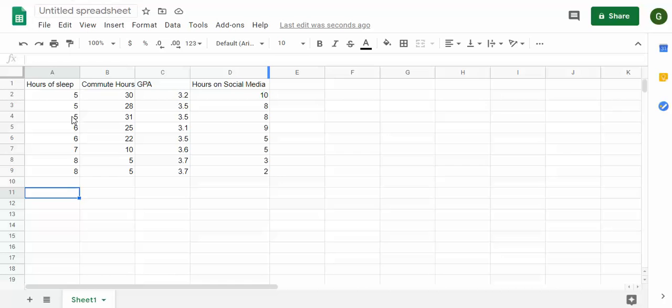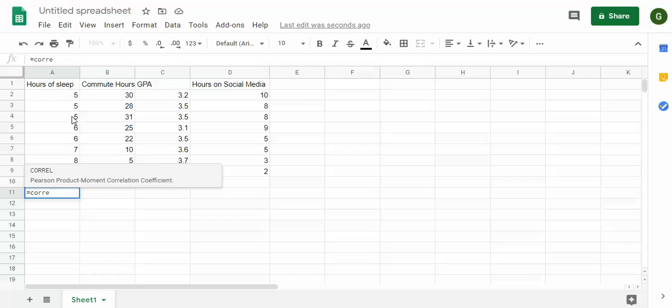So let's imagine that I've done a survey asking these questions, asking how many hours of sleep do you get per night, how many hours do you commute per day, what's your GPA, and how many hours do you spend on social media per week. And let's say that I want to get the correlation between hours of sleep and commute hours, or hours of commute per day. What I would need to do is type in equals